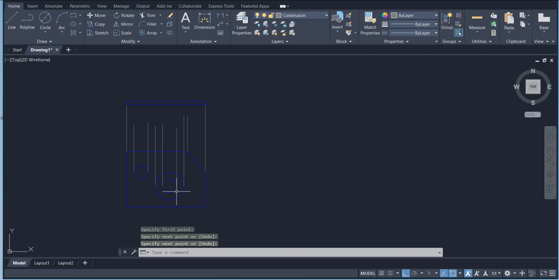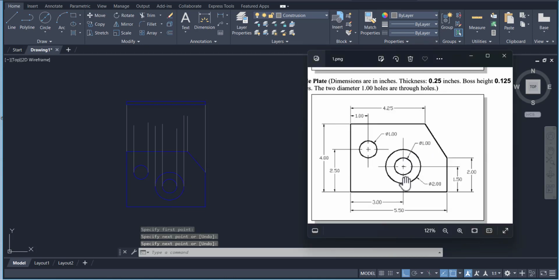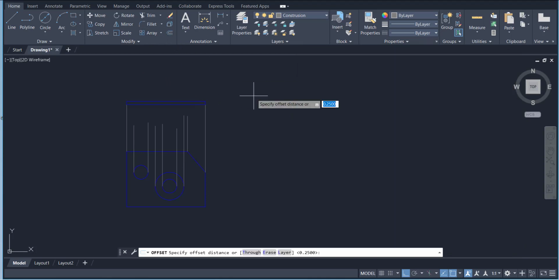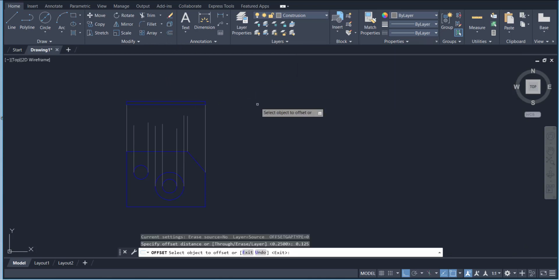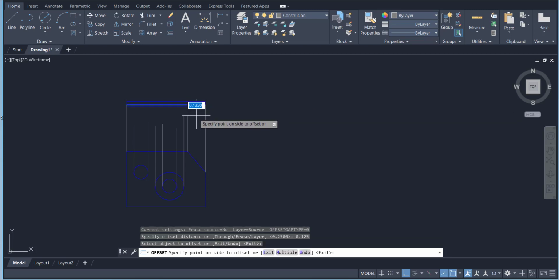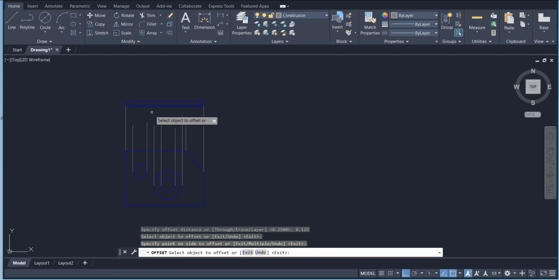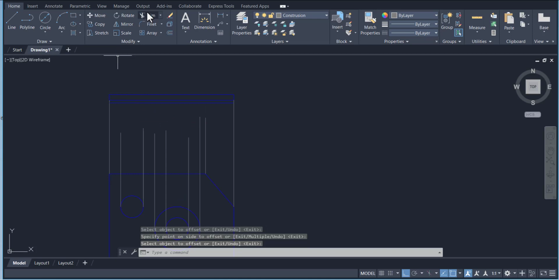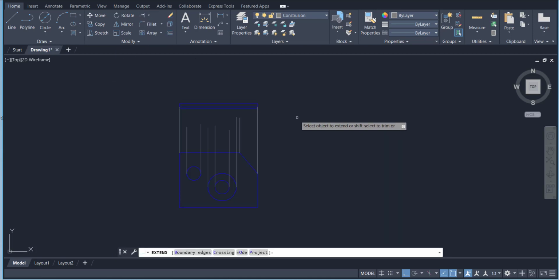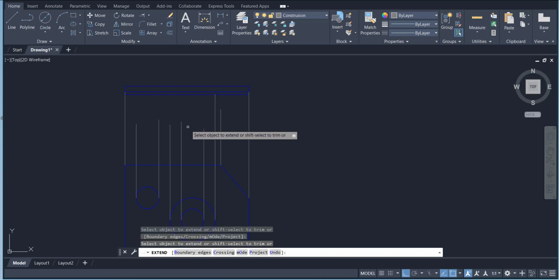Okay, now you see this is the boss. It's basically an extruded cylindrical feature, whose boss height is 0.125. So I'm going to use the offset 0.125, and I'm going to offset this in this direction like that, you can see. Okay, and now from here I am going to use the extend point, and I am going to extend this boss construction line to this view. So we know that the boss is here, and here we have this hole. Okay, line tool,